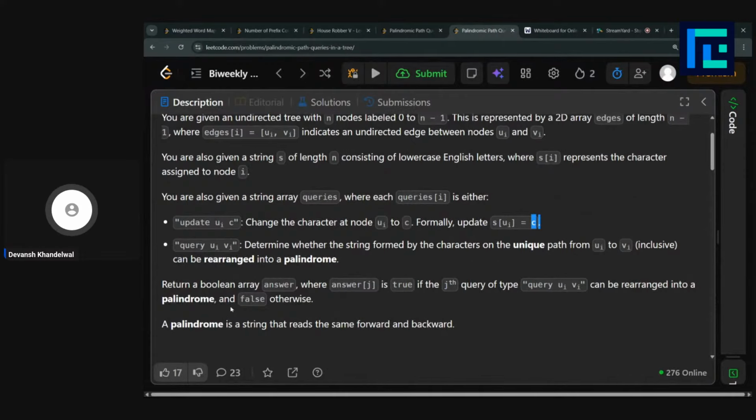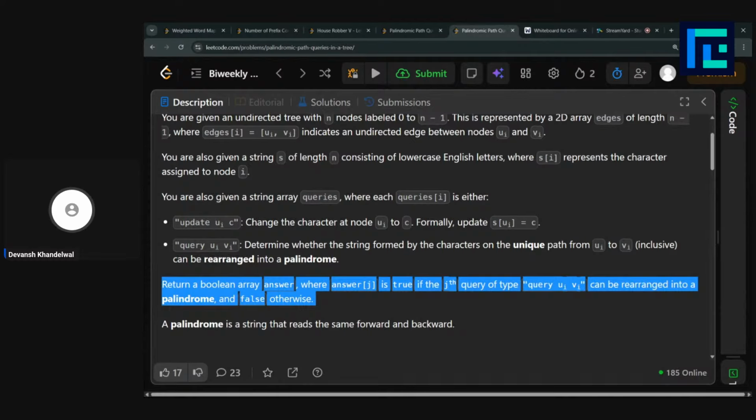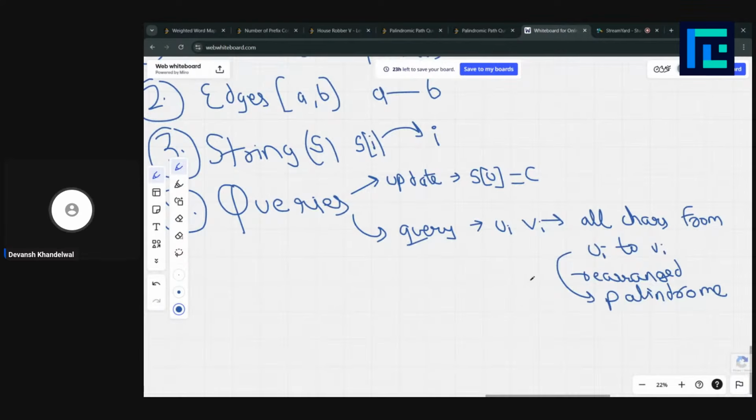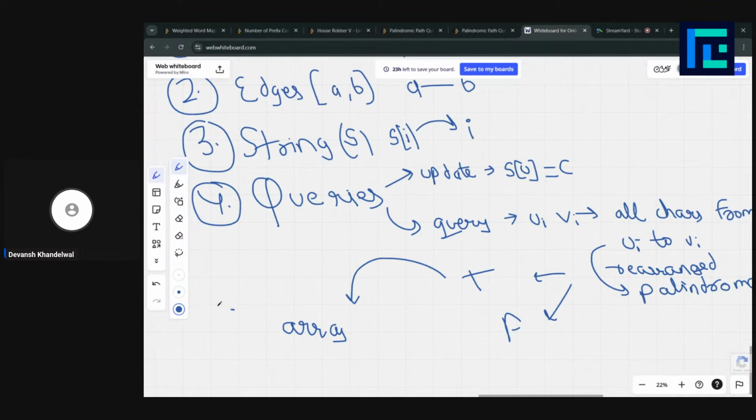And then what we need to do is return a Boolean array, answer, where answer[j] is true if the jth query of type query u_i, v_i can be rearranged to a palindrome, false otherwise. So this query would give us true or false, and this needs to be stored into a Boolean array, and this is what we need to return.